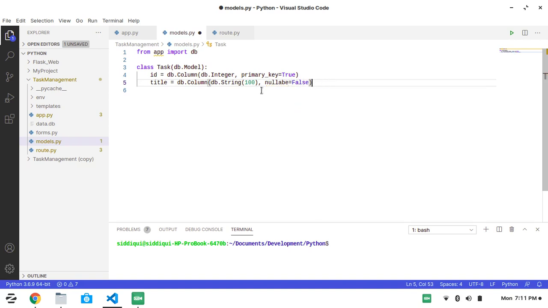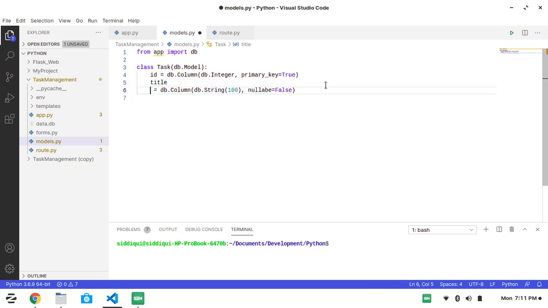So what we are doing here is creating another instance of the column with the type string as a title, and passing nullable equals False. Why? Because we want the title field to be filled. We don't want null here. So we pass this constraint so that this field should not be null, because title is actually a required field. In the form we also set it as required, so here we set it as not null.